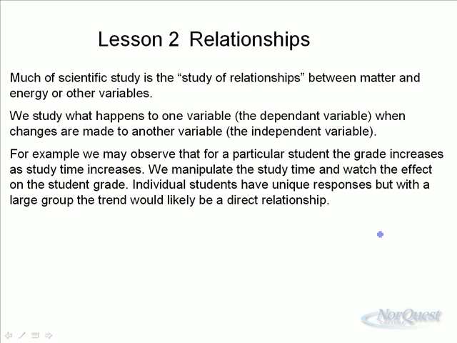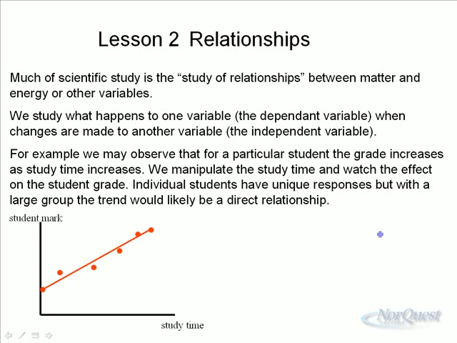So, in a particular study, we may observe that for a particular student, the grade increases as study time increases. Seems to make sense. We manipulate the study time and watch the effect on the student grade. So some students might study only for a very short period of time, and their mark might not be all that great. Whereas other students are given lots of time to study, and they might end up having a slightly